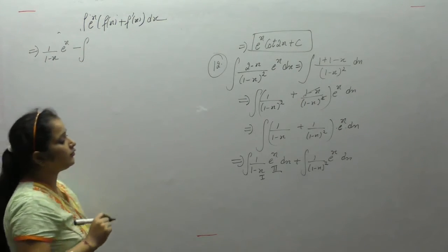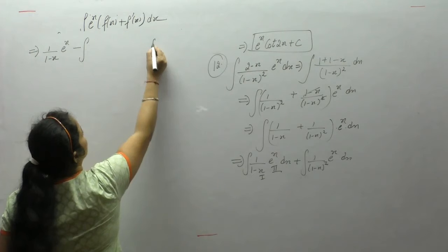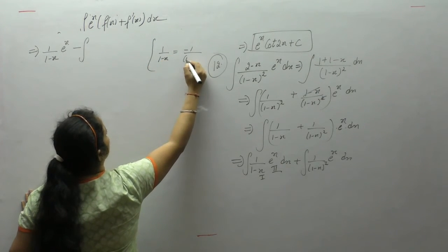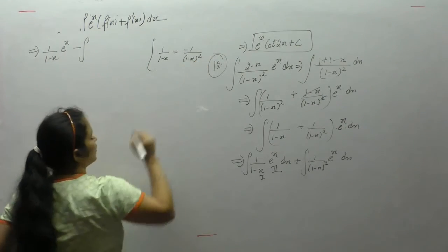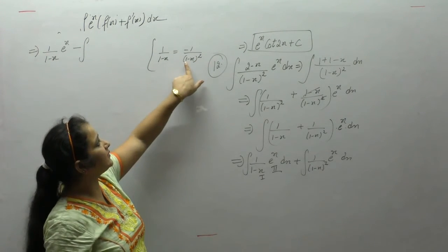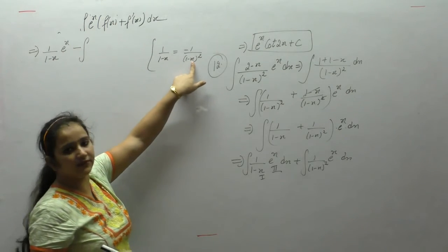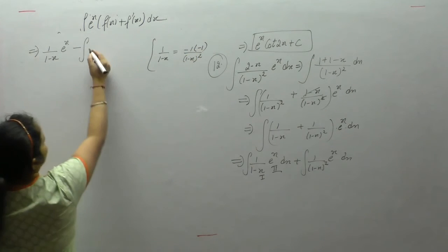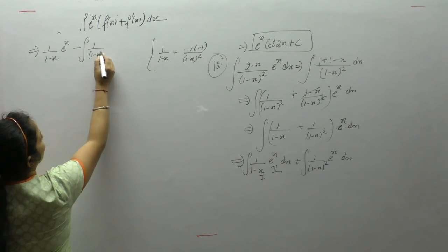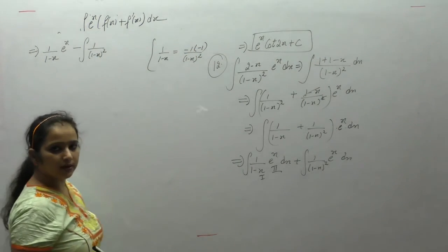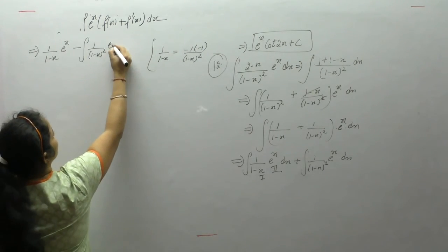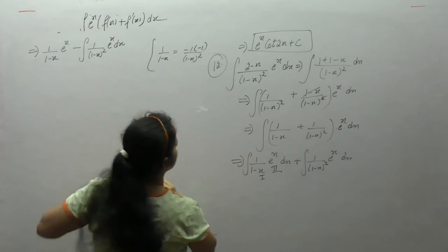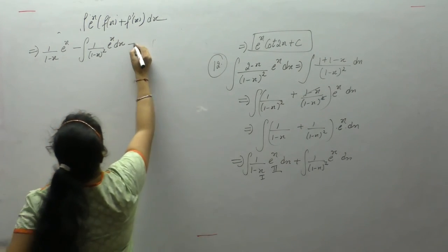Minus integral of derivative of first. Derivative of 1 upon 1 minus x is minus 1 upon (1 minus x) whole squared. And now the derivative of 1 is 0, and the derivative of minus x is minus 1. So what we get here is 1 upon (1 minus x) whole squared. Integral of e^x is e^x. And the next term is plus 1 upon